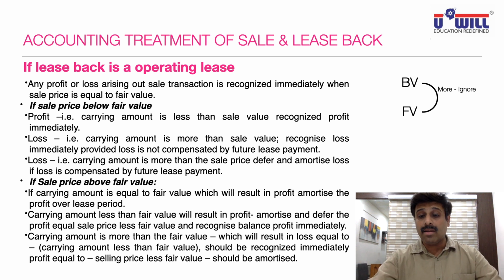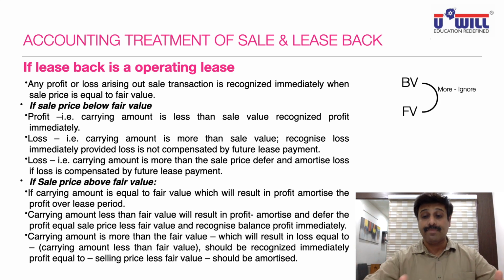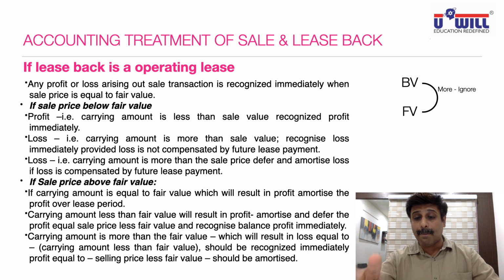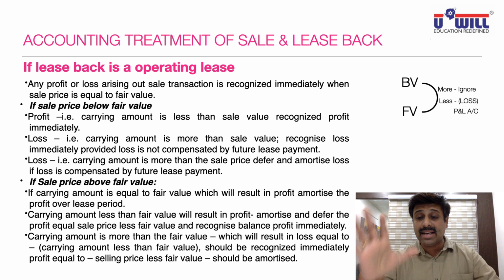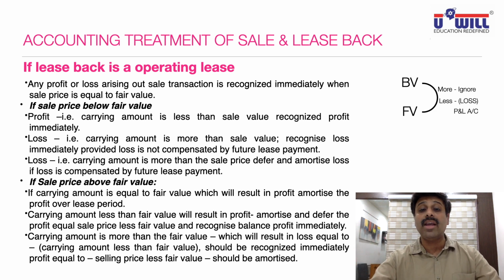This may also be found to be complicated, but at least it is far less complicated than the things on the left side. So this table, once you remember and learn by heart perfectly well, covers all the situations of the left side. So compare the book value with fair value. If fair value is more than the book value, ignore. If fair value is less than the book value, then the loss will be taken immediately to the P&L account. More, ignore. Less, loss, take it immediately to the P&L account.